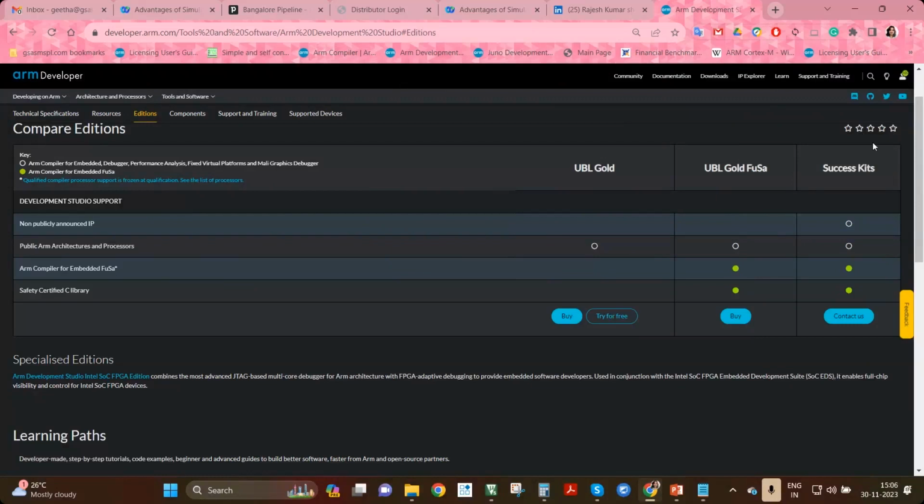Here, for the benefit of the team who is not aware what Keil is, I believe the attendees of this webinar are very well conversant with Keil software for probably 8-bit, 16-bit, and maximum 32-bit processors for ARM. So Keil is a software solution from ARM. Similarly, there is also one more software toolset given by ARM, and it is called